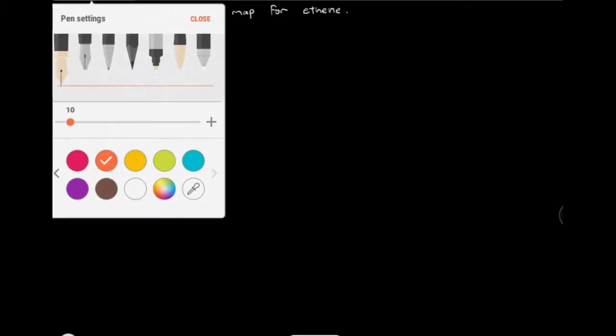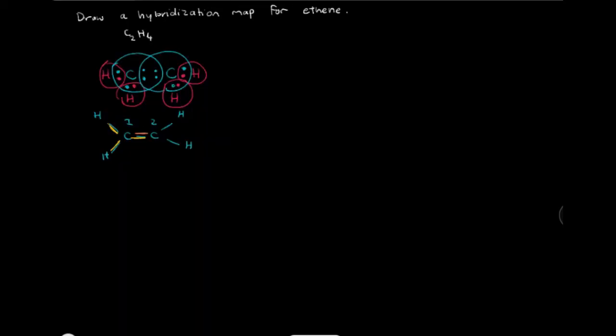Okay, so let's take a look at the carbons, and we can imagine that carbon 1 or carbon 2 will have the same network. So let's take a look at carbon 1. Before we do that, we need to understand that carbon is 1s2, 2s2, 2p2, right? This is the electron configuration, but specifically the valence shell is 2s2, 2p2, right? So carbon 1 is going to look like, just looking at its valence shell, the orbital diagram,